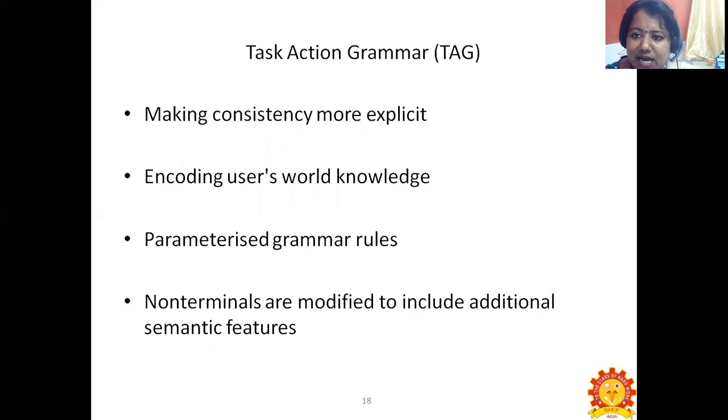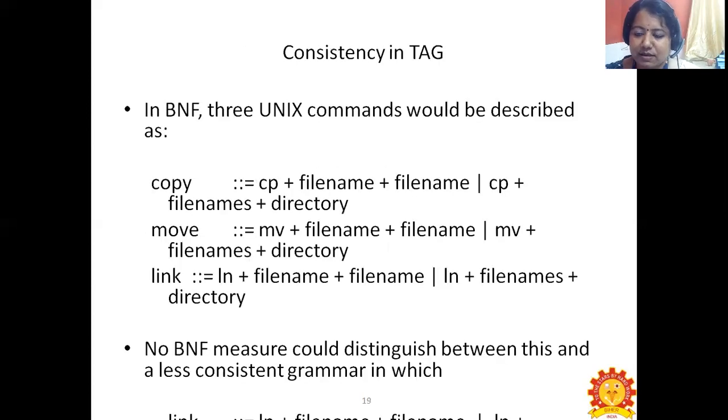Next is TAG, which is task action grammar. Here we are making consistencies more explicit. We encode the user's world knowledge in parameterized grammar rules. The non-terminals are modified to include additional semantic features. The consistencies in TAG: we are using three Unix commands, that is copy, move, and link.